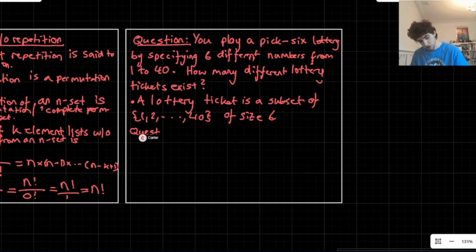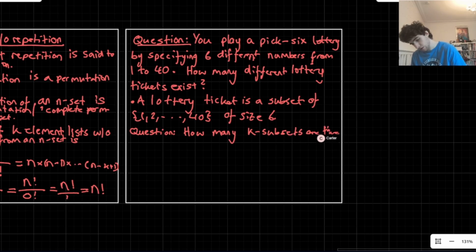So then the next question within the question is effectively how many k subsets are there of an n set? So how many subsets of size k can you make from a set of size n? Okay, so we'll denote that number. We don't necessarily know what the number is, but there'll be a number of ways to do it in general, and we'll denote it as